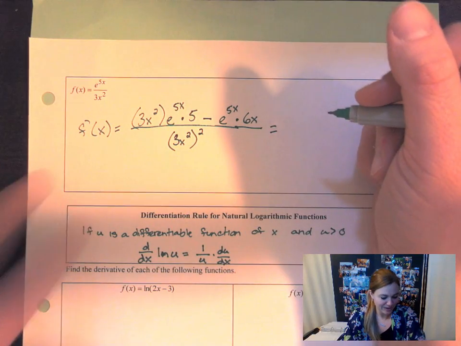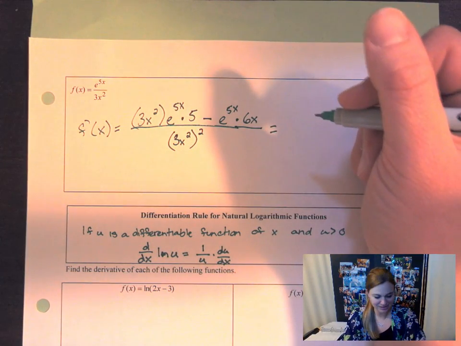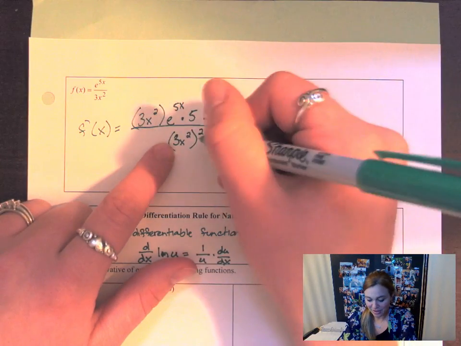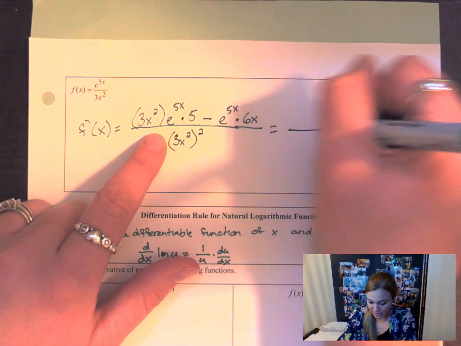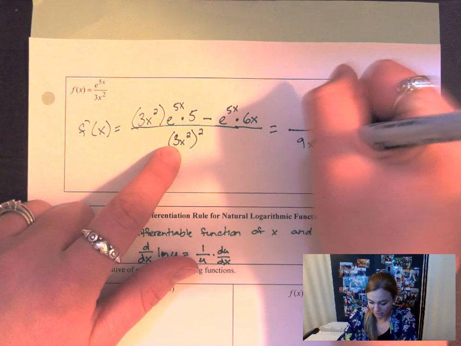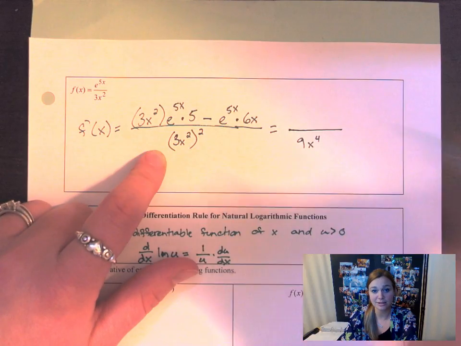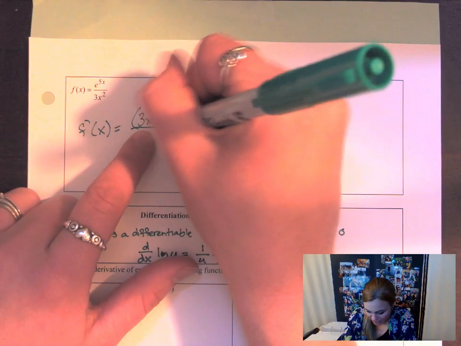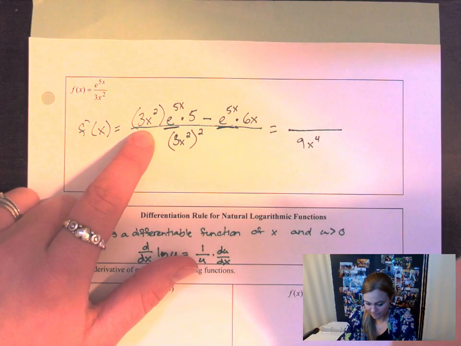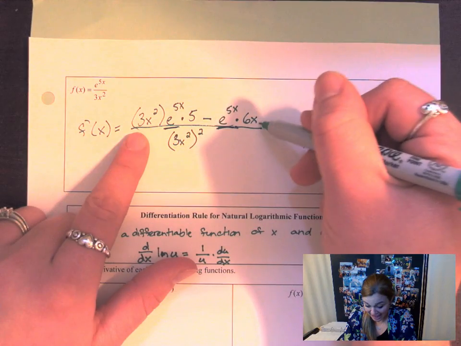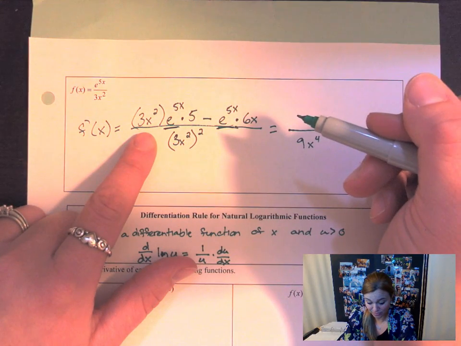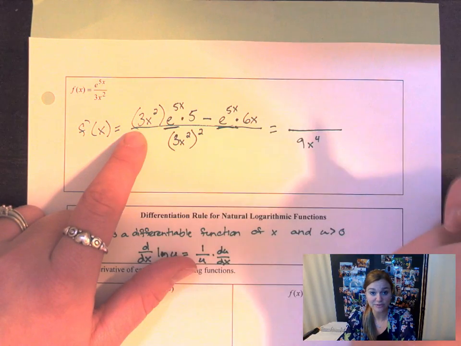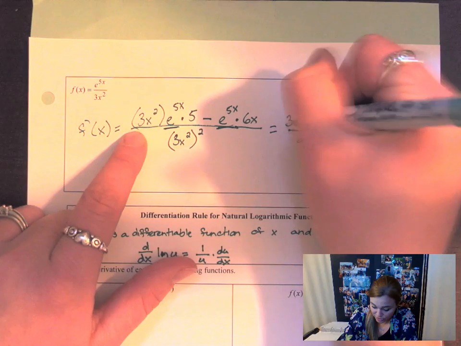Do we want to simplify this anymore? I did before. Yeah, I can do it again. So maybe in this one, I know in the denominator I've got 9x to the 4th because I'm taking 3 squared, x squared squared. In the numerator, I want to see, do I have any like terms? I have an e to the 5x in both. I've got an x in both and a 3, I can say, because this would be 3 times 5 is 15. So I can take a 3x